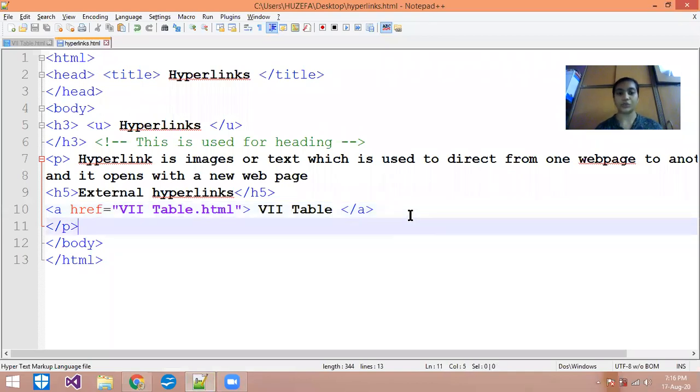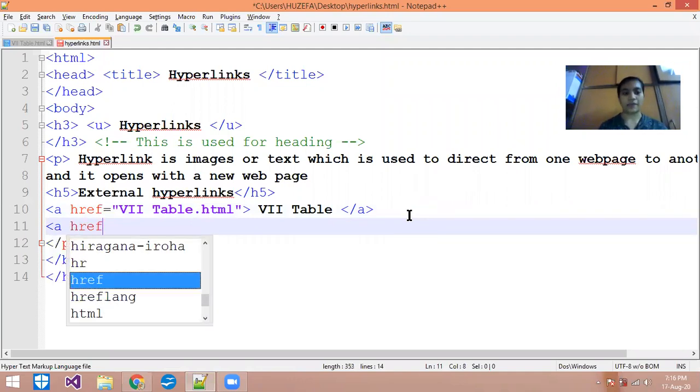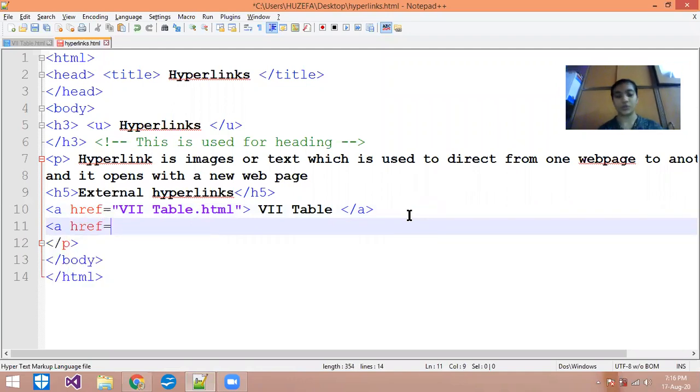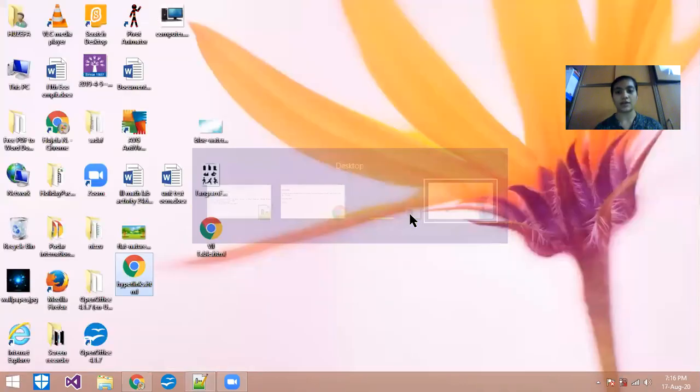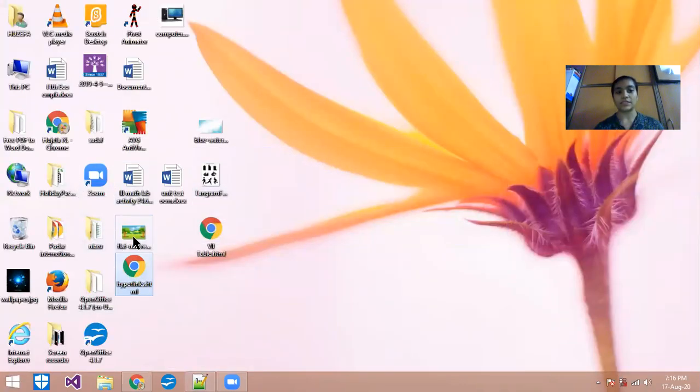I'm going to use the other one, that is the image. Simply a href equals to, now I'm going to use the image, so you have to write down the image name. Simply this is one image.